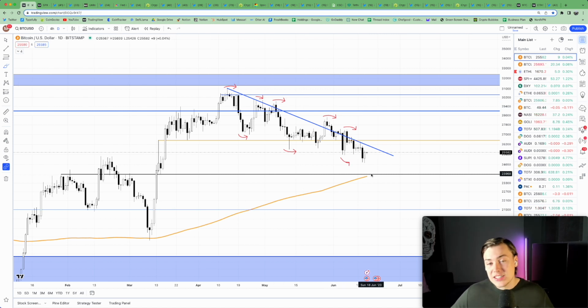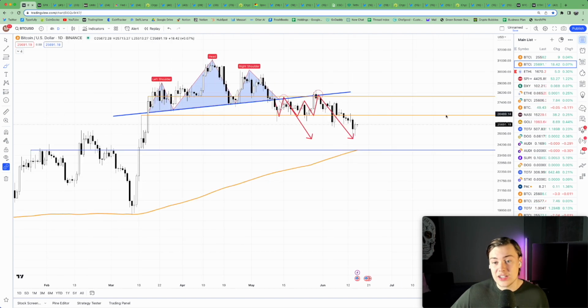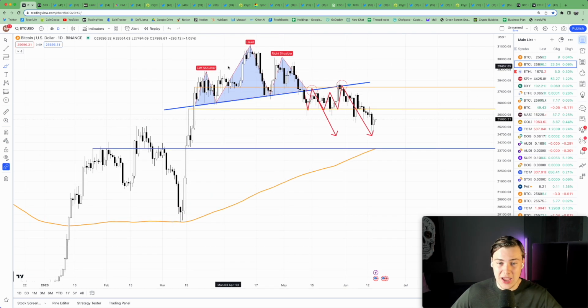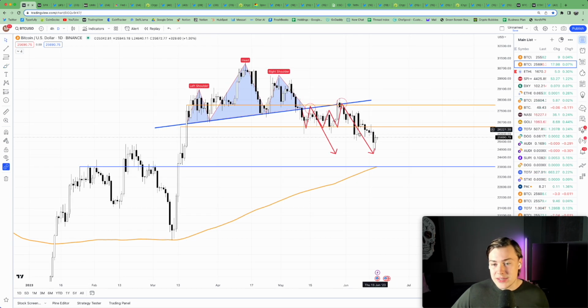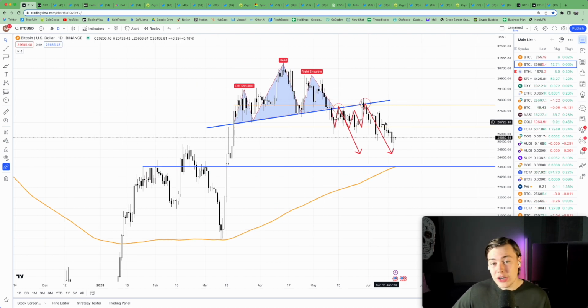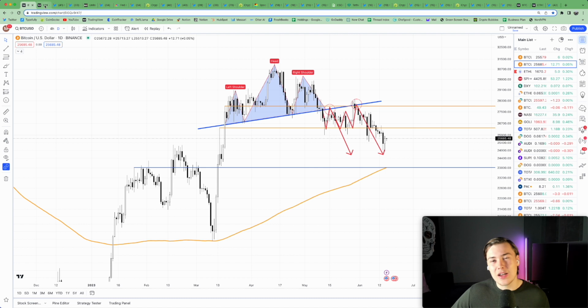Now, the next major level, if we look at, let's say, a head and shoulders pattern, we can assert that the price target for Bitcoin from this pattern would be 24K. It seems like that's what happened. We did have the break of the neckline on this head and shoulders, and then we have come down. Bitcoin found support at 26.5, which is a key level for Bitcoin, but then it actually broke below. You have your SR flip to the downside, and then you have your targets of 24K. So all signs are pointing to downwards momentum,